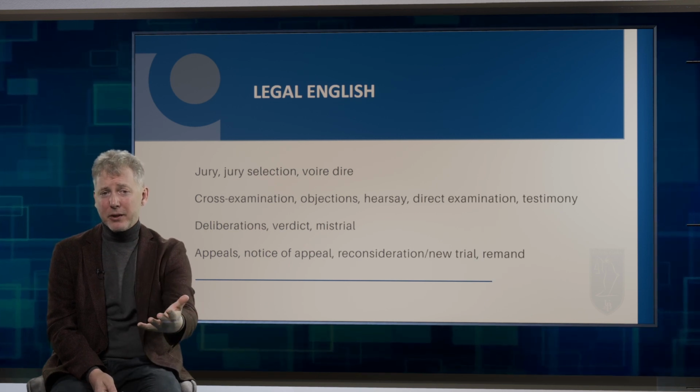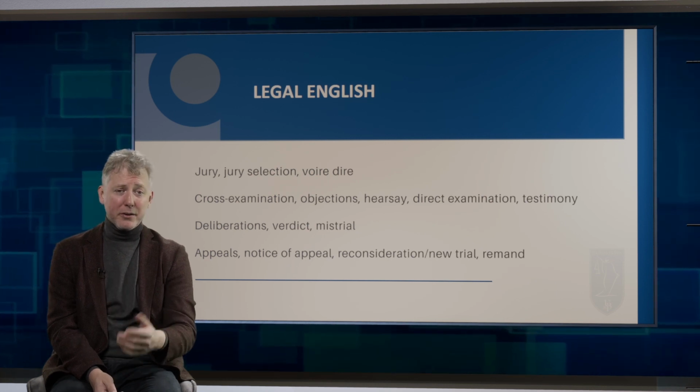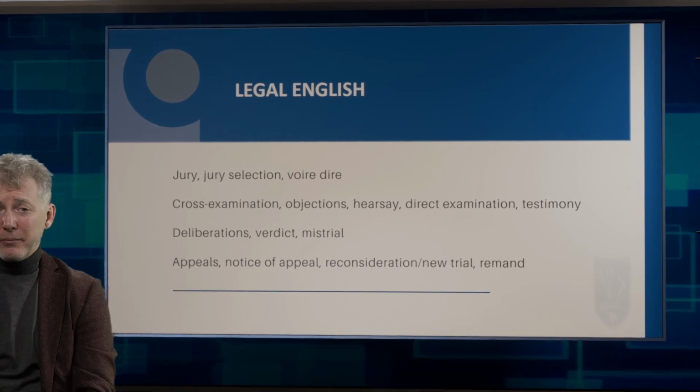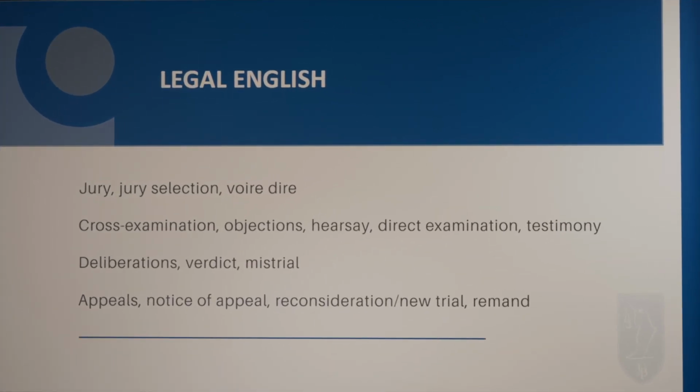In the trial, in a common law system, there is cross-examination. After one side has directly examined their witness, they've asked them questions, cross-examination gives the chance for their opponent to ask the witness questions. Many times you must have seen in films, there are objections. This is important in common law systems. The jury are not legal experts. They don't know the law.